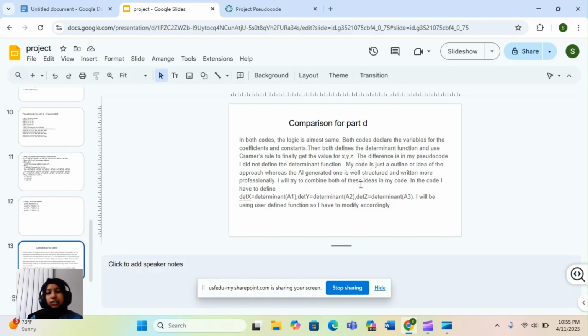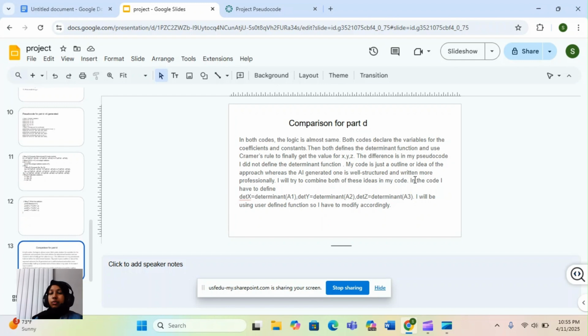Since this is a pseudocode, I thought I don't have to actually show the calculation or everything that I'll be doing for my code, but I just gave a rough idea of how I'll be doing that. So my code was just an outline, right? But the AI generated one is well structured and more professional. So they also mentioned the formula for determinant, which I did not,